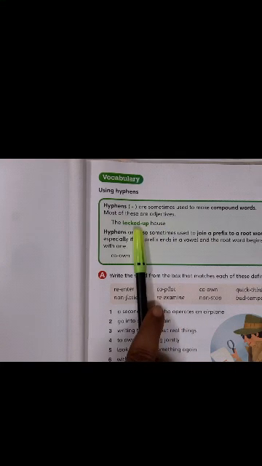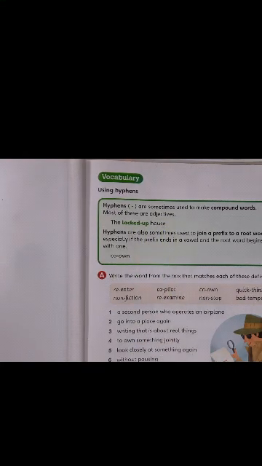So first you should have the adjective and then the noun. Think about this. Suppose I tell you the locked-up house. If I have to write the sentence like this, the house is locked up. If I write this sentence, children,